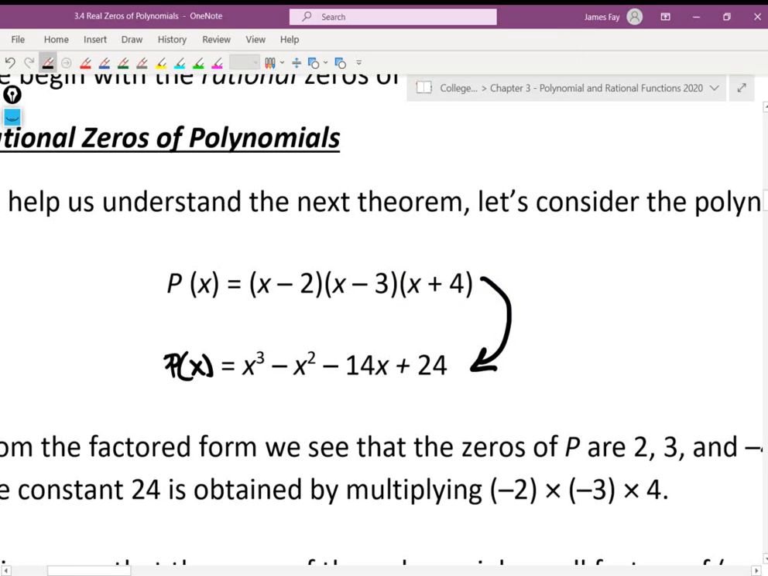I distribute. Okay, I take x minus 2 times x minus 3, get a product from that, and multiply that by x plus 4, right? And that will give me x cubed minus x squared minus 14x plus 24. In the event of doing that,